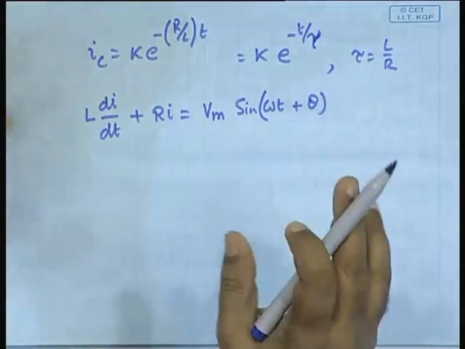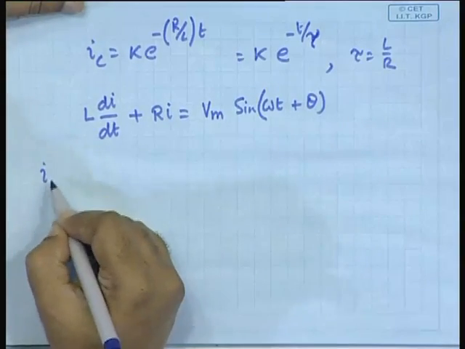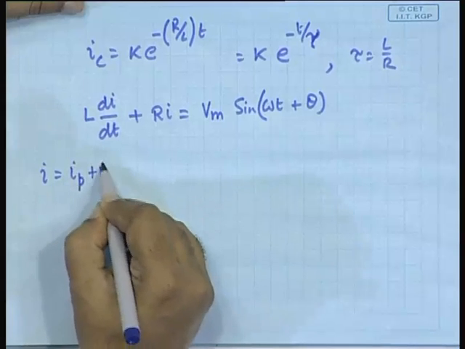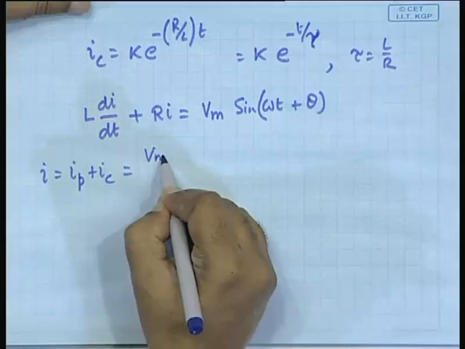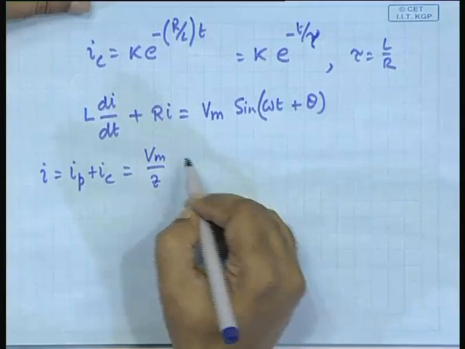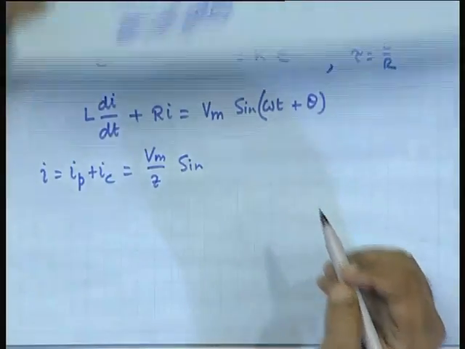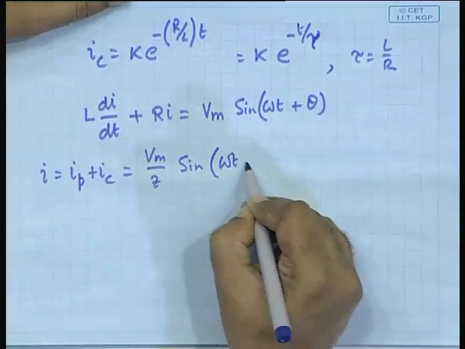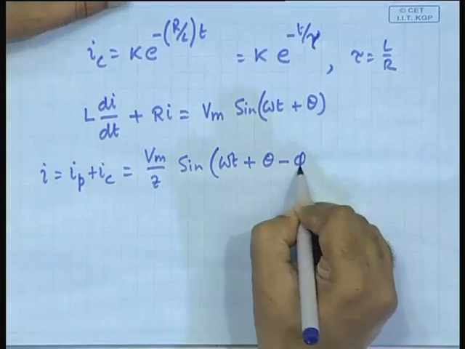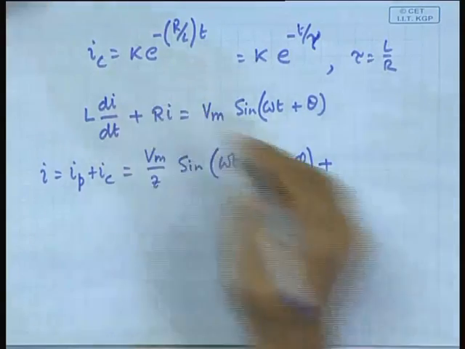So this will be the original equation whose solution we are trying to obtain, and the solution will be I is equal to I p plus I c. I p is V m by Z sin. Now, in place of omega t, we will have to write omega t plus theta minus phi, okay, plus this term